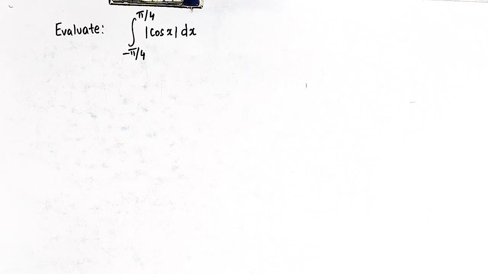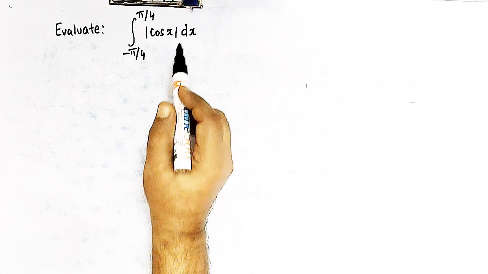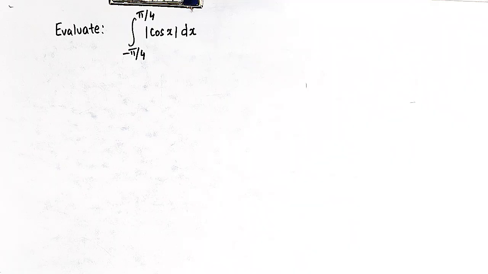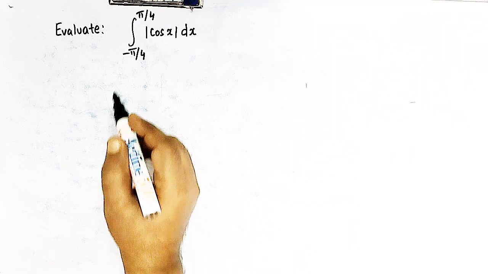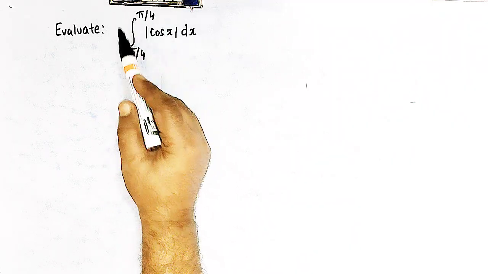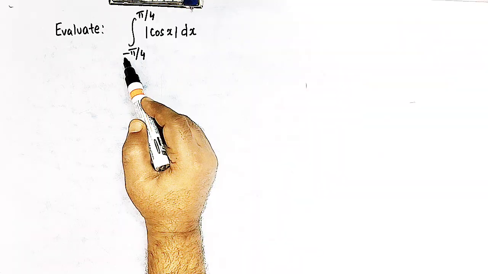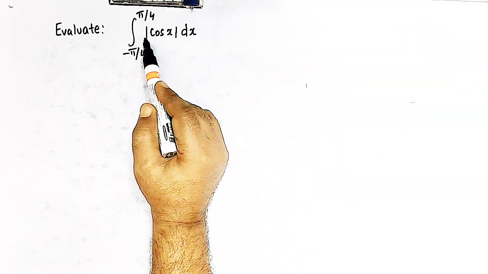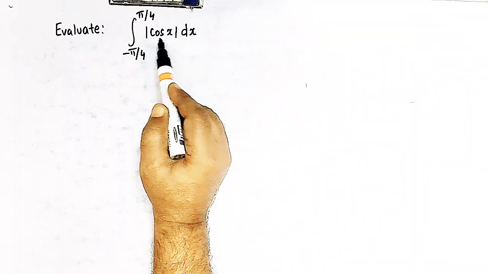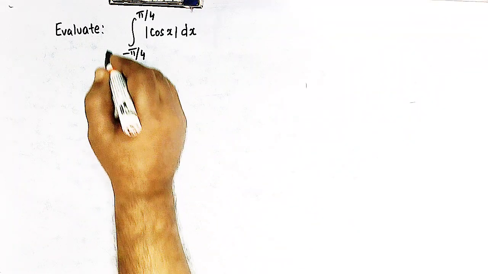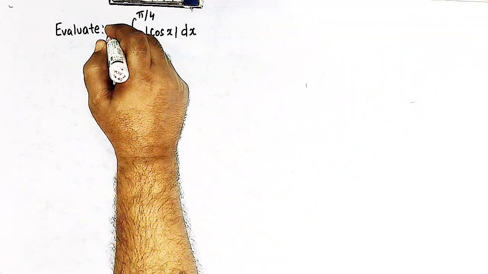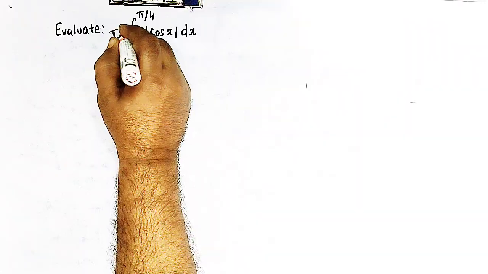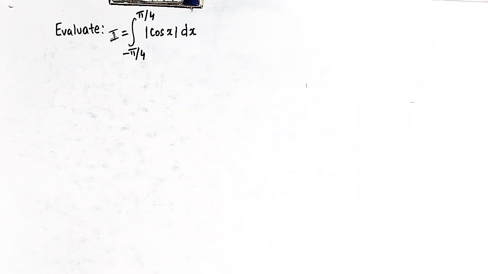Hello viewers, in this session we are going to discuss this important and conceptual definite integral. So we have to evaluate this definite integral. The limits are from minus pi by 4 to pi by 4 and the integrand is mod of cosine x, right? So let us call this integral as I, and here we are going to make use of the concept